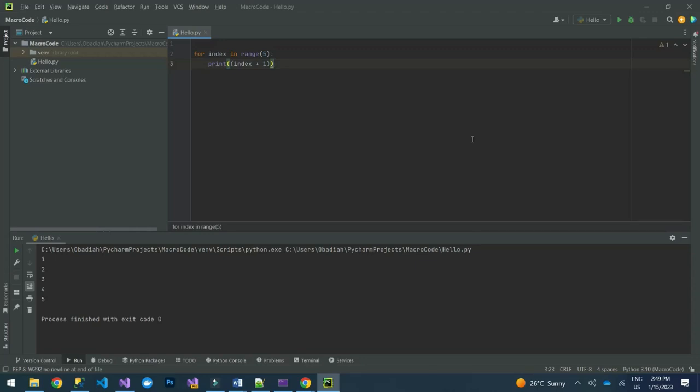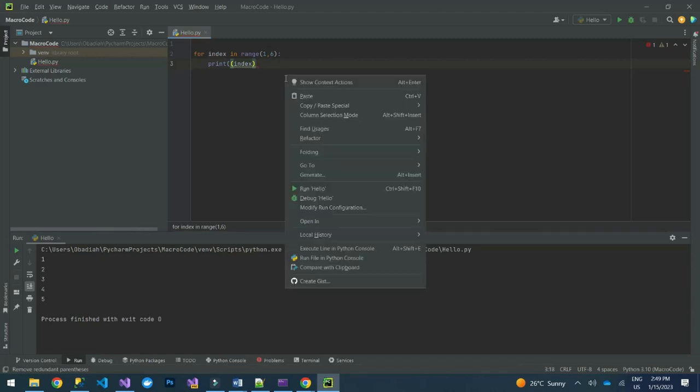By default, the range function uses 0 as the starting point for the sequence. In addition, the range function allows you to specify the starting number. So in case you want to specify the starting number, let's do this. We can say 1, then 6. Then we can remove this. The starting number is 1. So if we run,